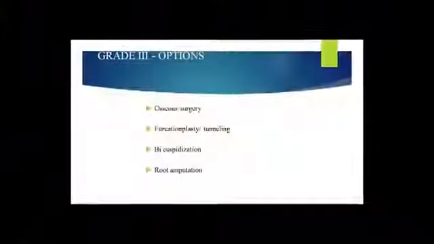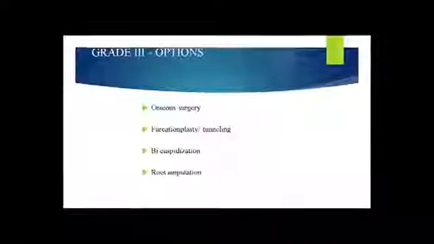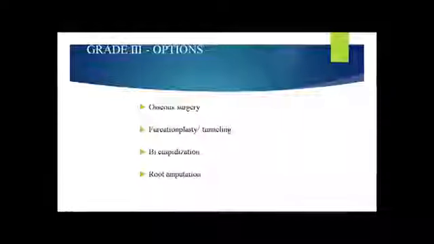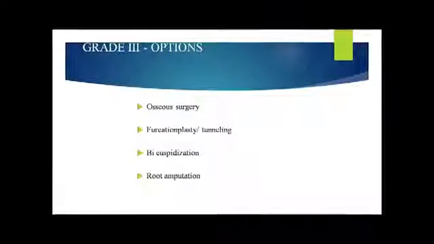But in this particular case, when you have a grade 3, we have only bone on the floor. Remember, left and right is roots, right? Lingual buccal, gone. So what we have is the floor. It cannot sustain the growth of that bone to cover up the whole defect. So you try GTR in a grade 3, you're having a good recipe for disaster. So in such case, we apply options that may give us something workable, like osseous surgery, furcation plasty, or what we call tunneling to make it easier to clean.